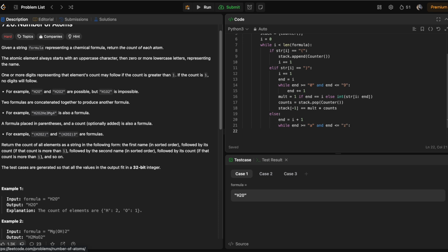So end keeps going as long as there's a lowercase. Oh no, I'm thinking about this wrong. It should be string end, because end is still just an index. So while this happens,